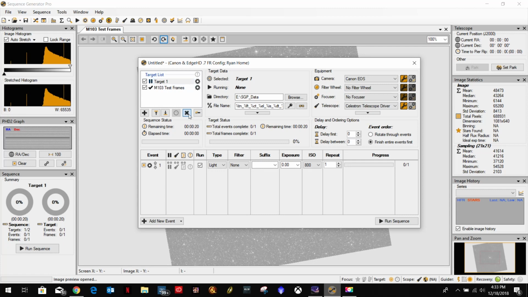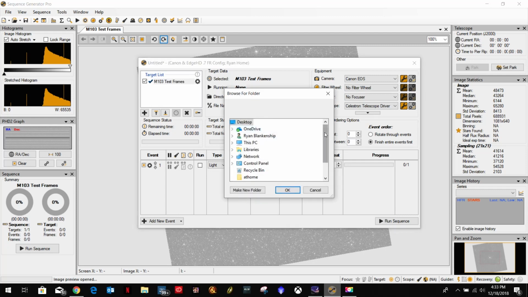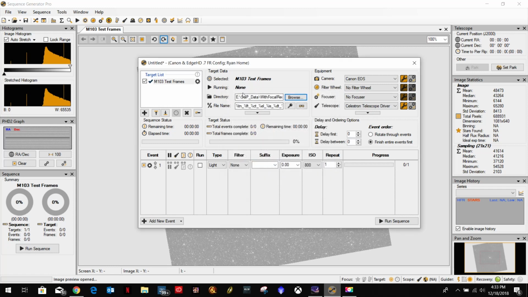Target 1 we can remove. And I want to replace this with this PC, SGP with focal reducer. It's got my name, it's got all that. We're just going to do test frames. Okay, we're going to want to do a run, light, no filter,